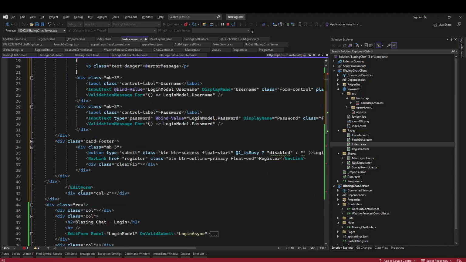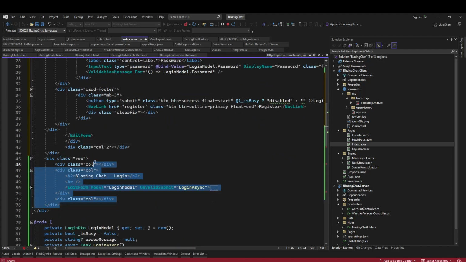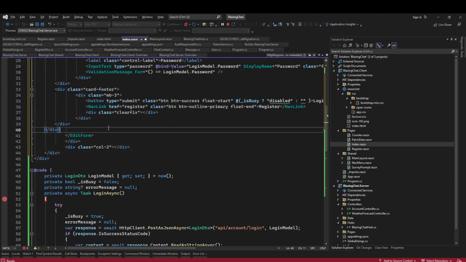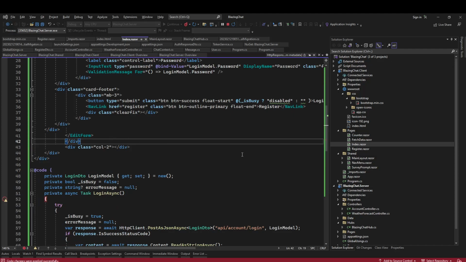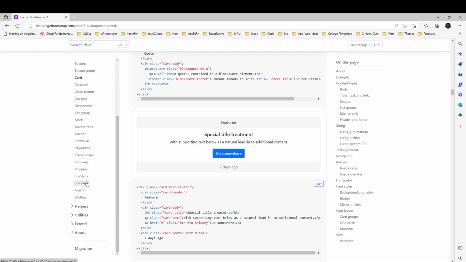Div, and let's remove this thing. And one more thing, I just checked for, yeah,